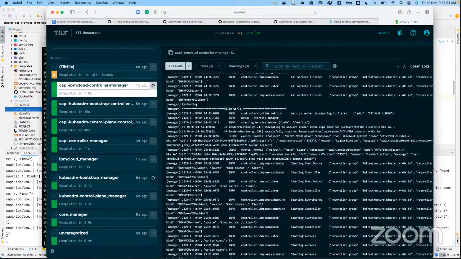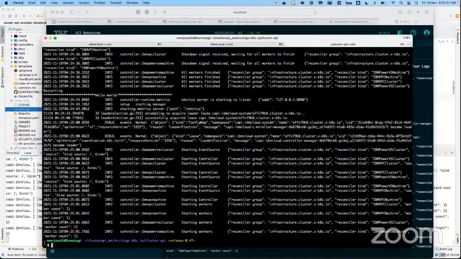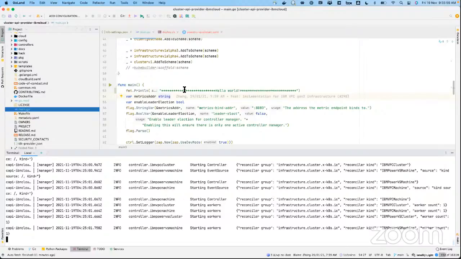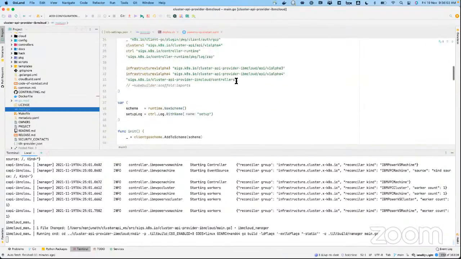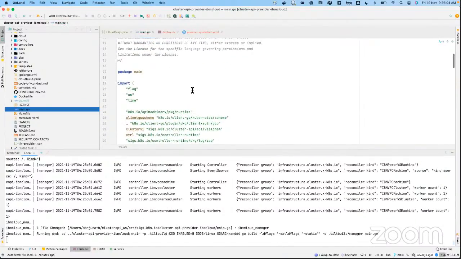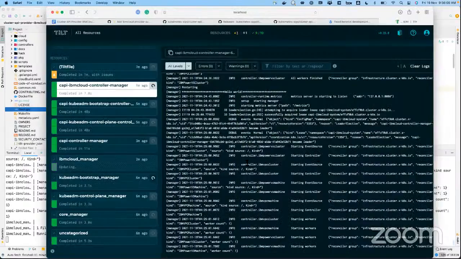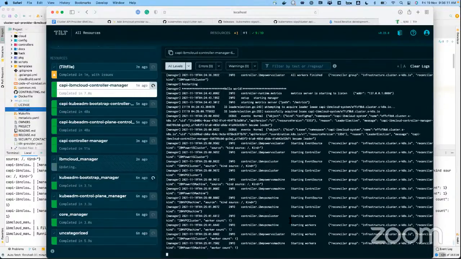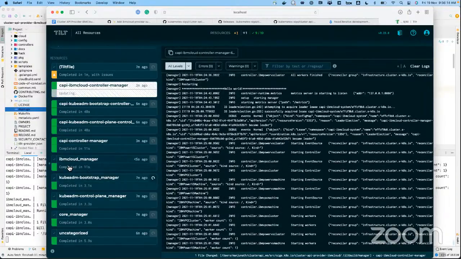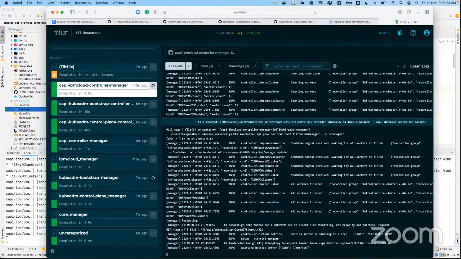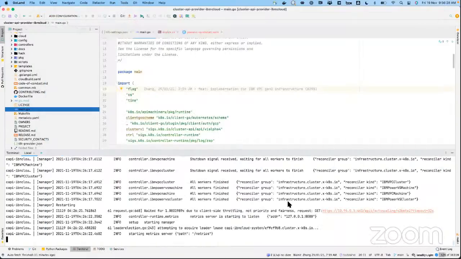All this magic happens, and you can see it ready-made in the Tilt UI. Then we can probably just remove this change and save it, and you'll see the controller gets restarted again with whatever the changes are. So here it is updating. It got compiled within 11 seconds, and the Docker build finished within 4.8 seconds. Then everything got reloaded into your client cluster, and you don't see that hello message anymore from the controller.